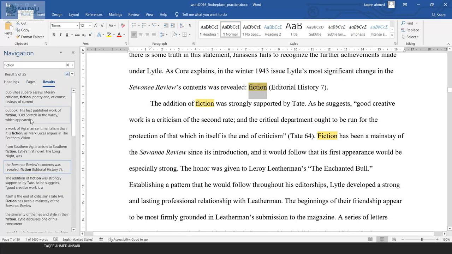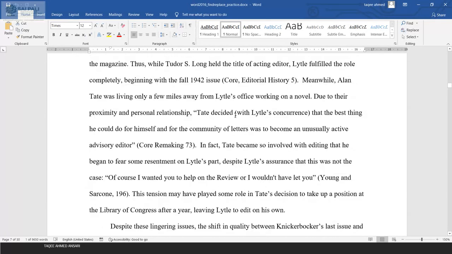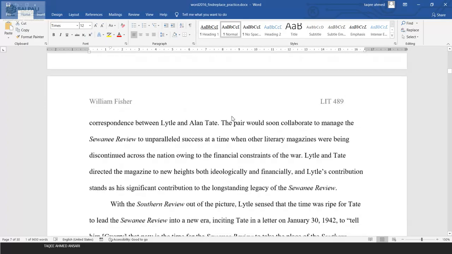Now when we are done with the searching, we can remove this pane by closing it from here, and when we close, you see the highlight will be removed, the text will not be removed. So now they are not highlighted. That is what we have for Find.